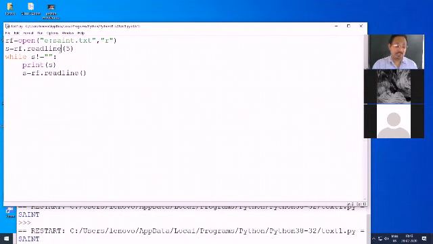Now next is read lines. Instead of that I will use read lines. Now see, the backslash n concept will be clearly visible in this. Before going for the programming example, for read lines you just write: reads all lines and returns them in a list. Now see here the effect of this. I will simply write print s.